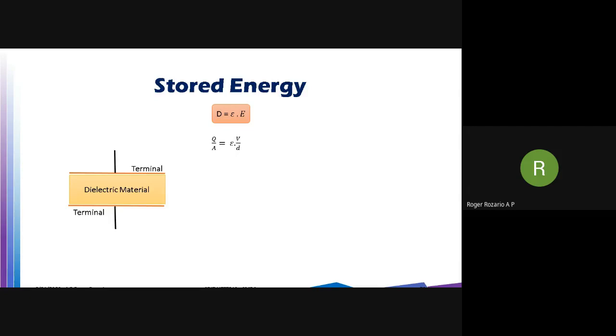Where is the charge that is present? It is present inside the dielectric material. And A is the area of cross section of the dielectric material. And epsilon is the permittivity of the dielectric material. And what is the electric field? It is the voltage applied divided by the distance between the two plates. So that is the electric intensity. So Q by A equal to epsilon into V by D.